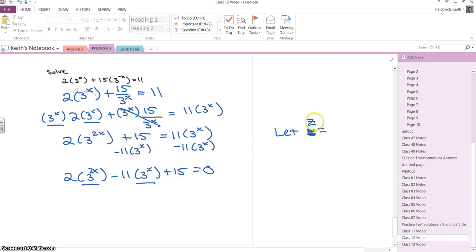Let z equal 3 to the x. Then right now you have 2z squared minus 11z plus 15 equals 0. So it becomes a quadratic equation. Factoring this, you multiply, you get 2 times 15 is 30, so the factors of 30 that add to negative 11